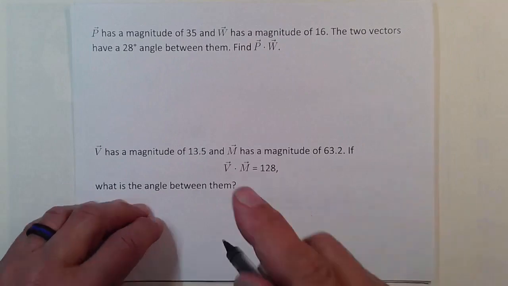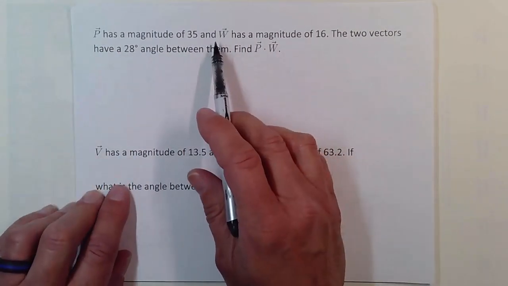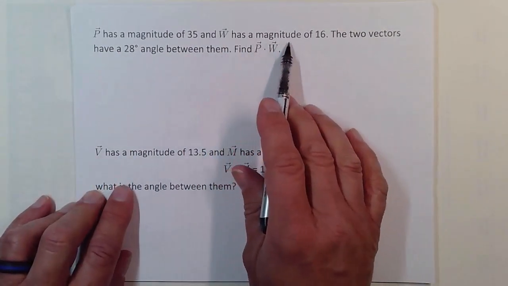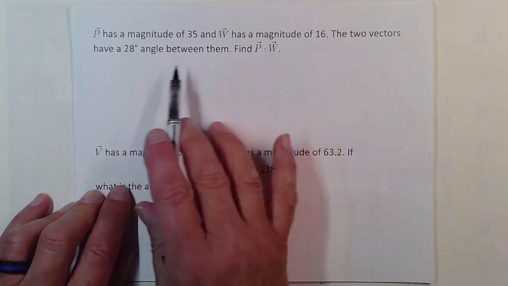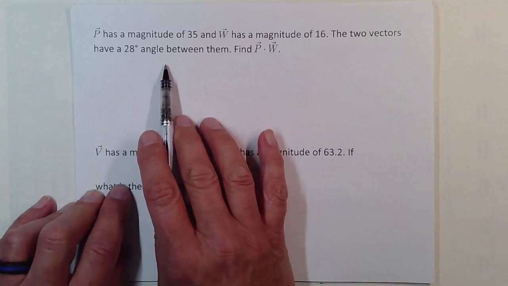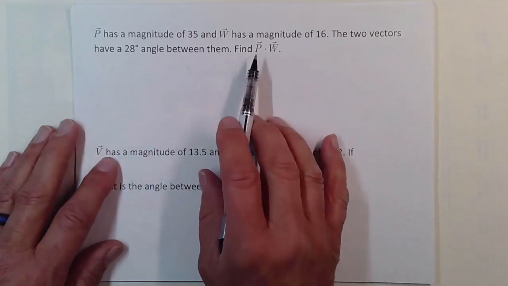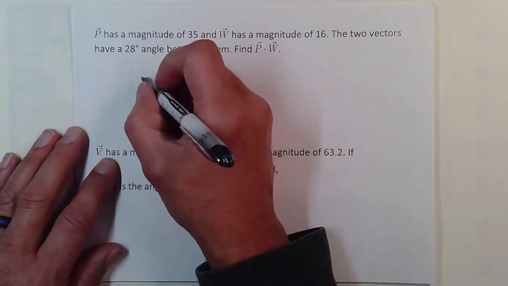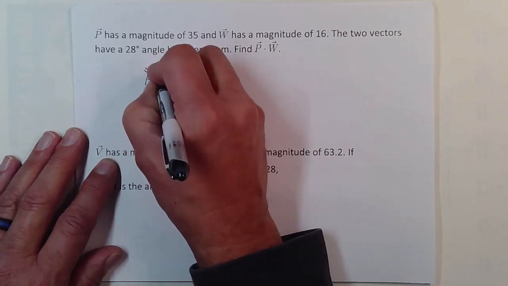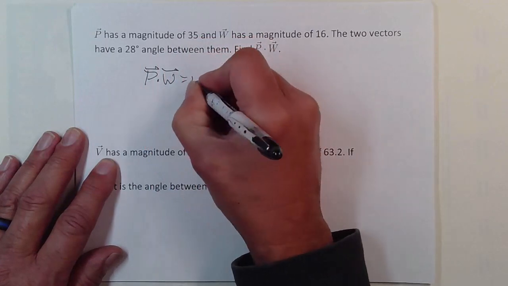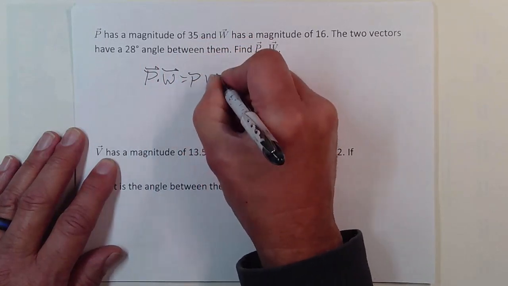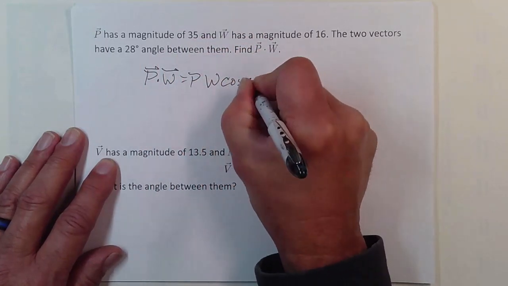Okay, we have a vector P that has a magnitude of 35 and a vector W that has a magnitude of 16. And the two vectors have a 28-degree angle between them. Find P dot W. So it's just going to be this. P dot W will equal the magnitude of P, the magnitude of W, the cosine of the angle between them,